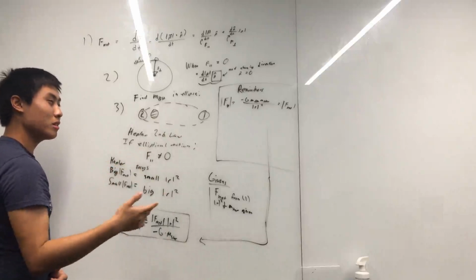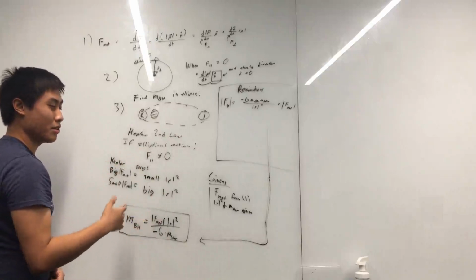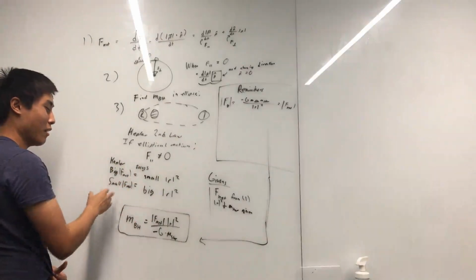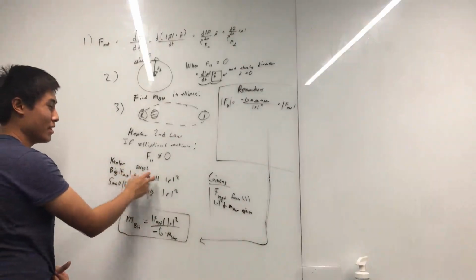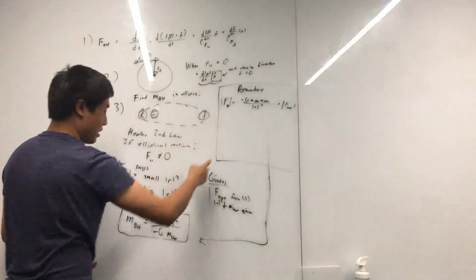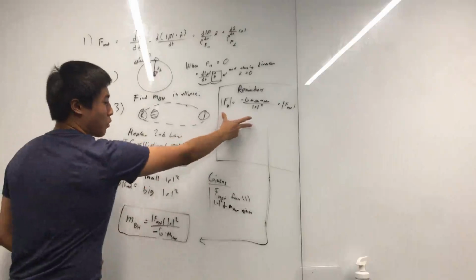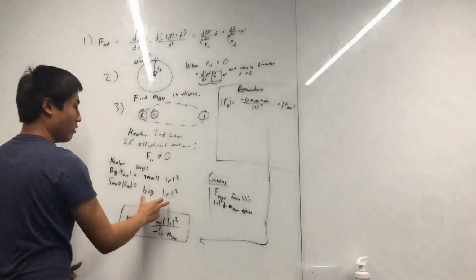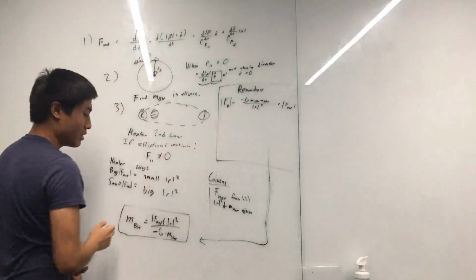So we're going to go ahead and use an equation to represent this changing force. We're basically trying to say that if I have a big force, then that means that the distance must be small, as given by our gravitational equation over here, where they're inversely proportional to each other. Likewise, if I have a small force, then I will have a big distance between the two.